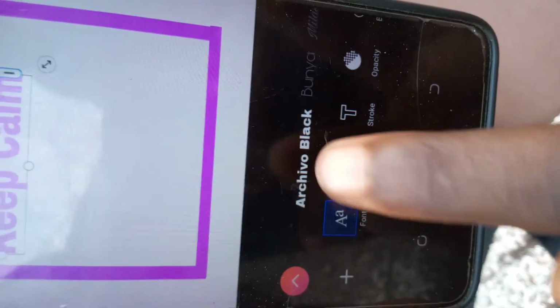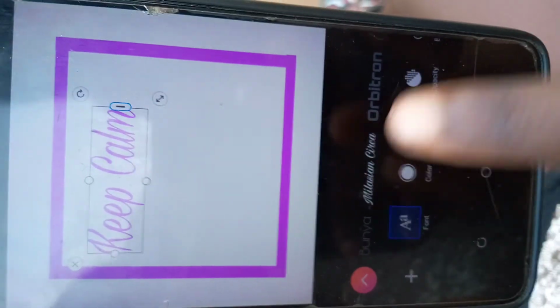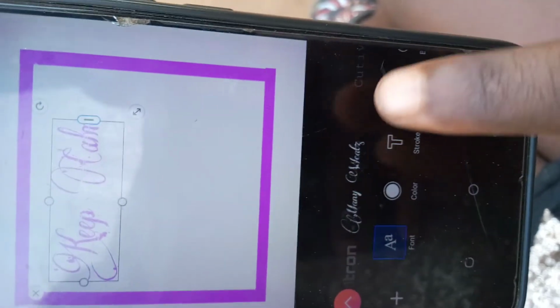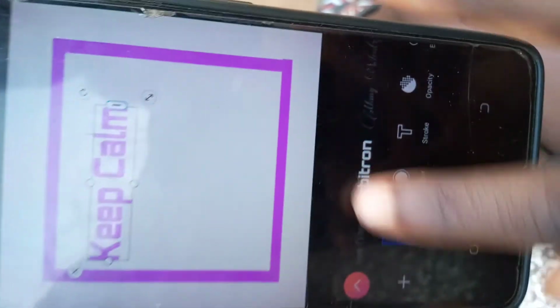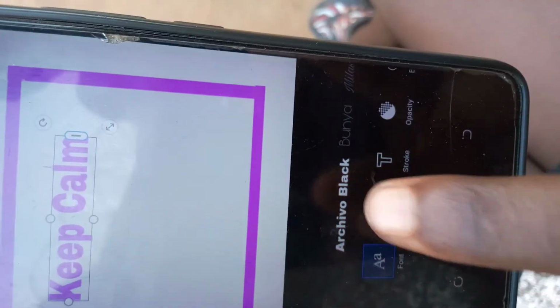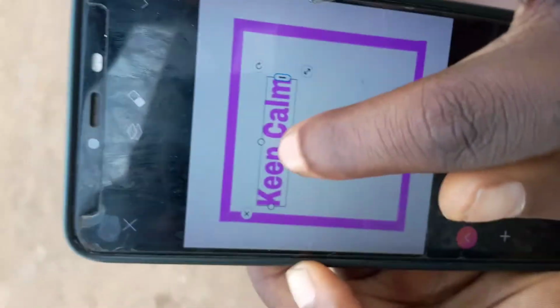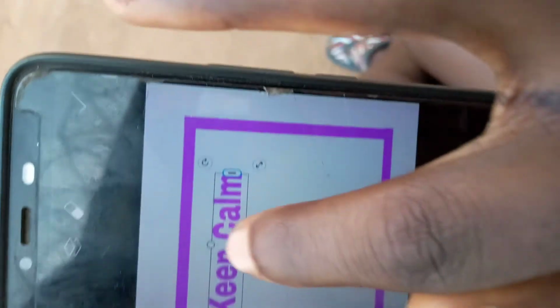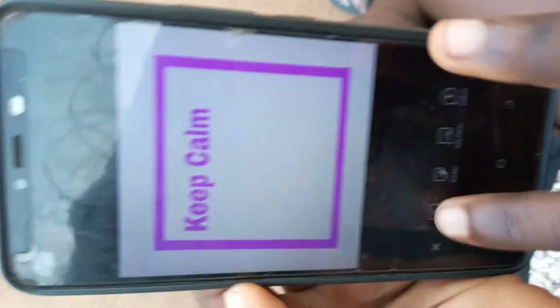I'm using Archivo Black. You can use Bona. You can use Milation, Alt Briton. It depends on how you want your letters to be. But for me, I'm using Archivo Black. Please, sorry about the noise. Can you see? Keep calm. That's what I've used. Now the next thing I want to type is